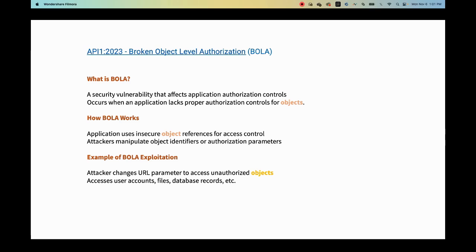So from an attacker's perspective, how will they exploit this BOLA vulnerability? They might try to gain unauthorized access to an object by manipulating its identifier or changing the authorization parameters. For example, an attacker could change a URL parameter to access a specific user's private information, even if they shouldn't